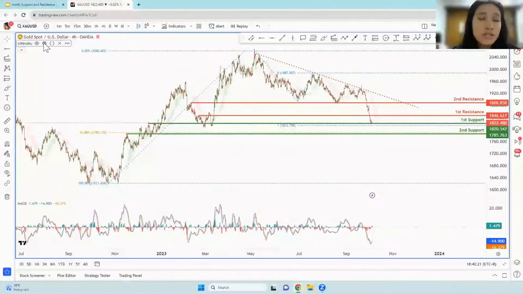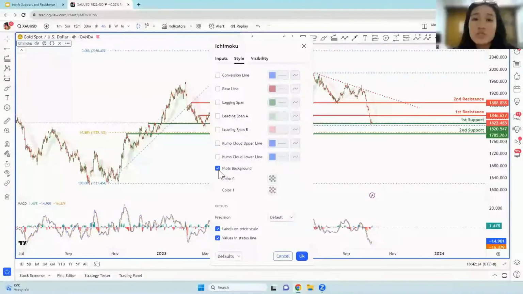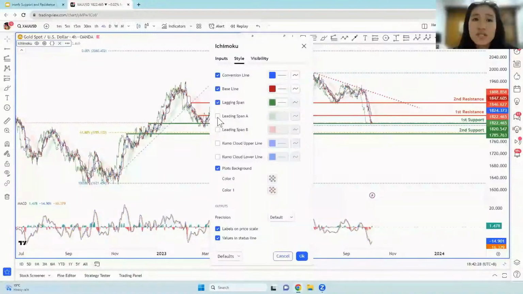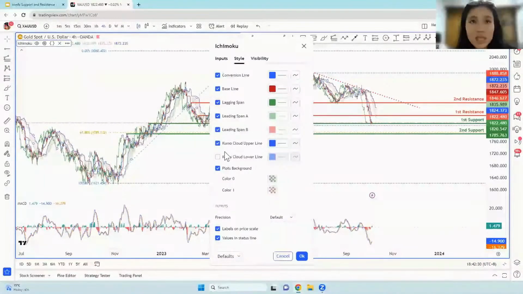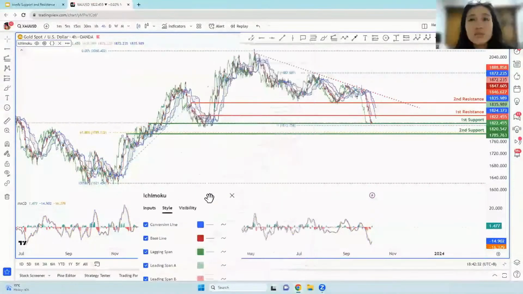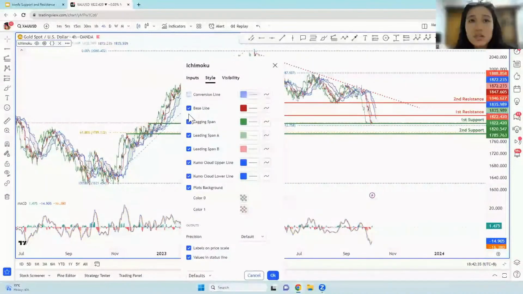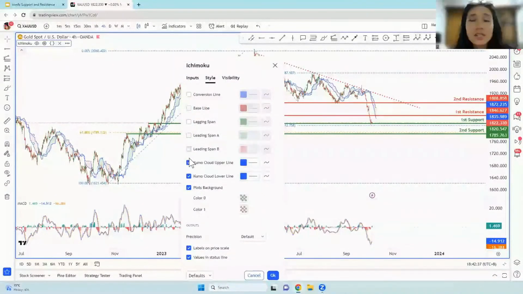For Ichimoku, I like to just look at the cloud, which is just the plots here. Okay, because if you look at all of the lines, which you can as well, but it is a little bit messy. Okay, so I like to just look at the clouds